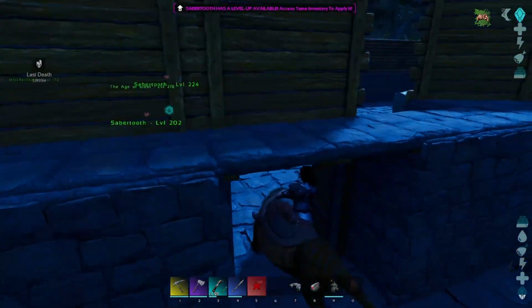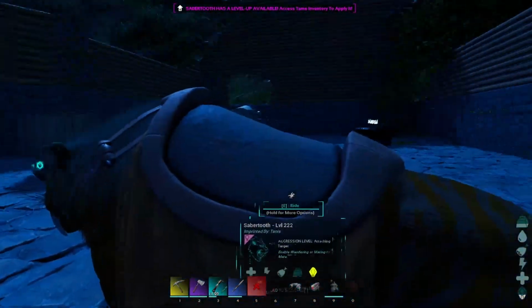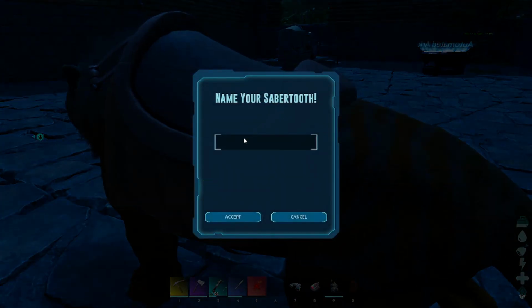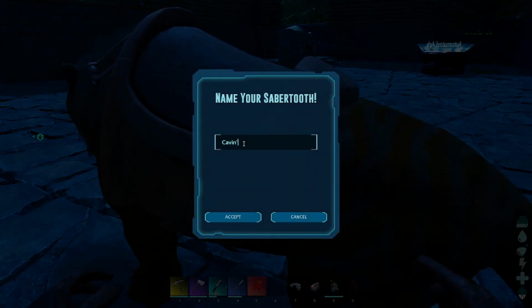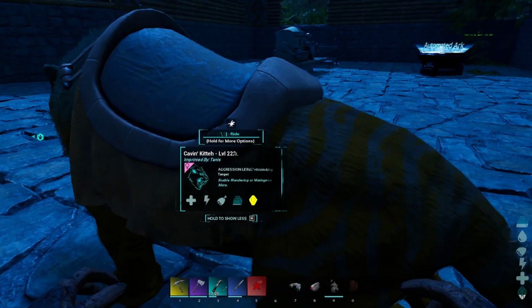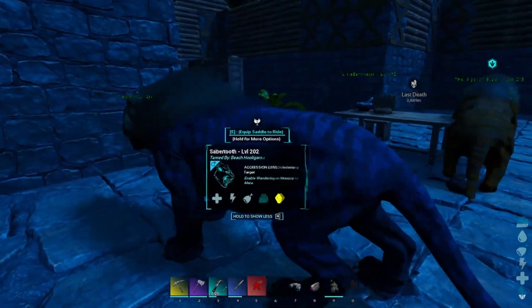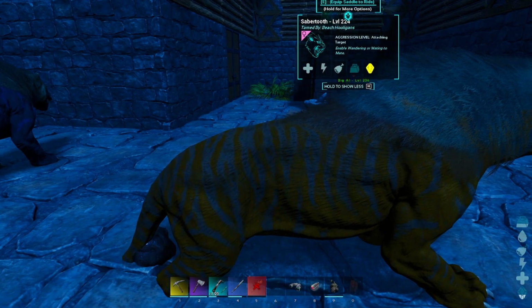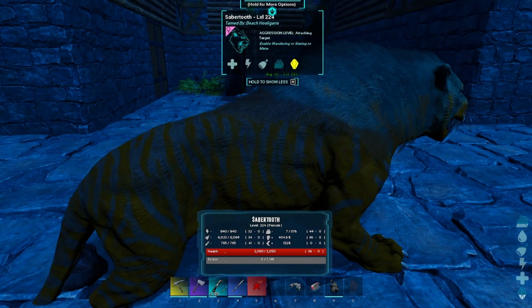And to do that, we have my lovely assistant here. Ooh, I thought I named her. I did not. Here, let's fix that. This is Cave-In Kitty, the child of these two Sabertooth that we tamed in the last episode. And just so we're all clear here, as you can see,